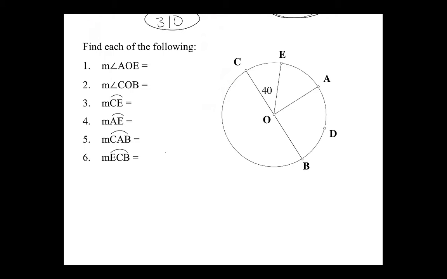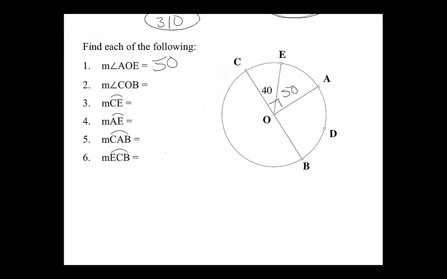Let's see if we can find the measures of the angles and arcs on this circle. Before we begin, I should tell you that this is a 90-degree angle. If I don't give you that, it's going to be very difficult to figure these things out. Once I give you that angle of 90 degrees, we can figure out the measure of angle AOE. If I have 40 degrees, I need another 50 degrees to finish making that 90 in the center of that